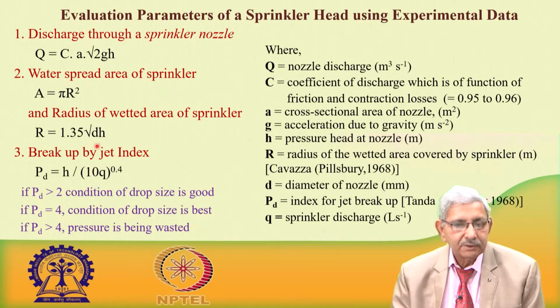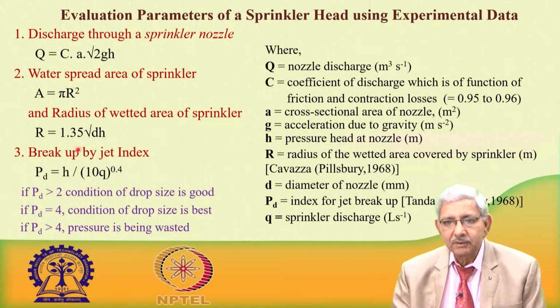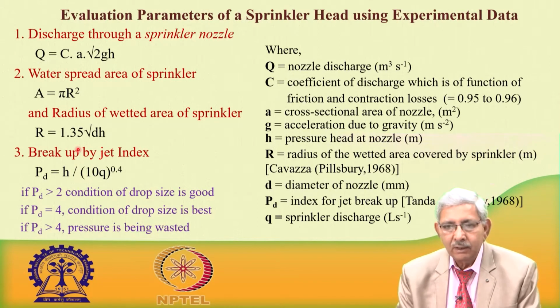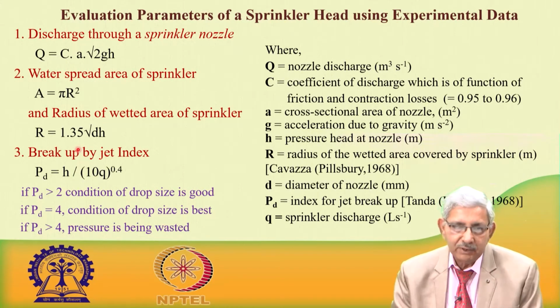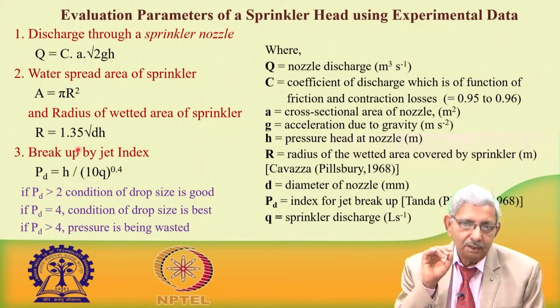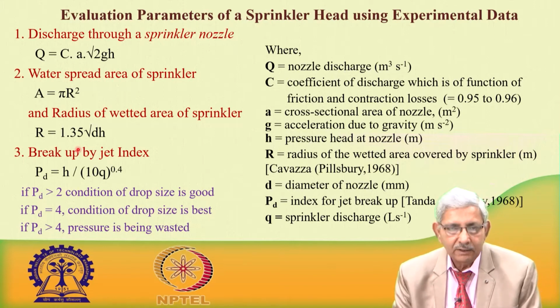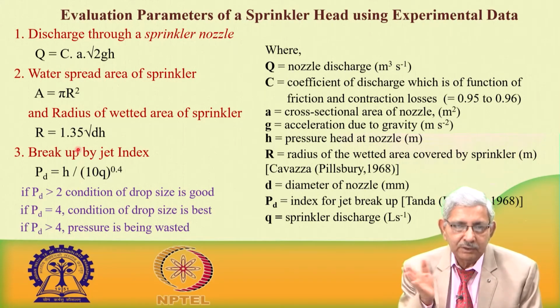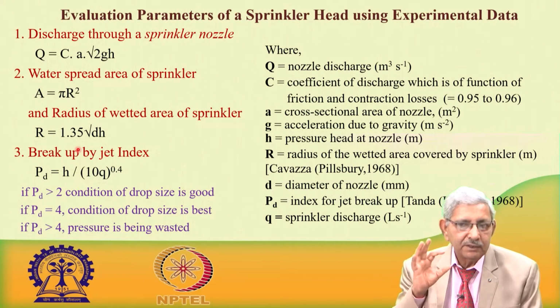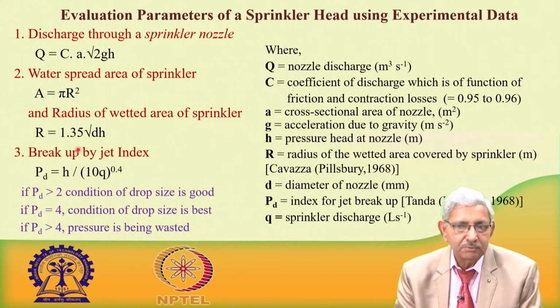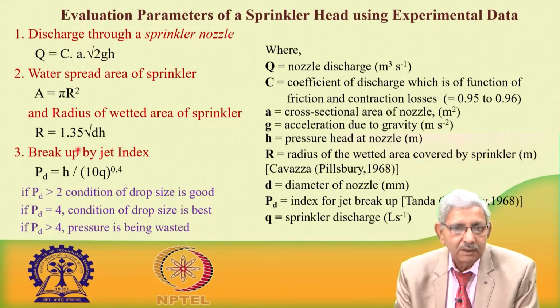Breakup jet index basically tells that at a given operating pressure, when the jet appears from the sprinkler nozzle, it hits the arm, and that hitting on the spring arm deflects it. It guides the water to flow smoothly, but it hits, and that starts the breakup